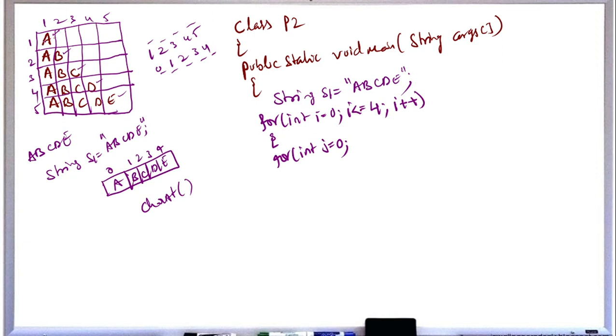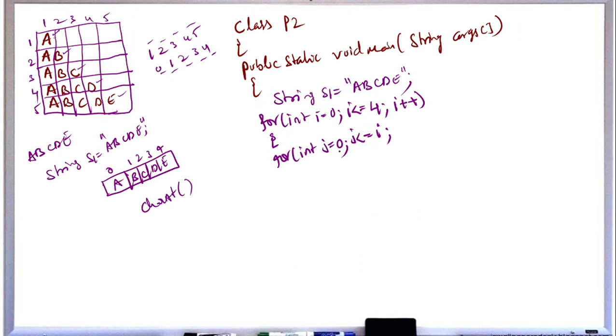Here you can see how many values we are printing. That is very important. So now you have to give the condition. In the first row, one value, second row, two values, third row, three values, fourth row, four values, fifth row, five values. That is equivalent to the row value. Here what you have to take is j less than or equal to i. Anyway, this will take the same values.